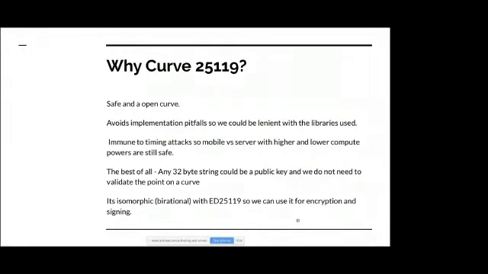And each of these curves, the algorithms behind them, the quadratic equations behind them, are extremely different in nature, and there are quite a lot of curves that are defined. This particular curve that we have selected, 25519, has some very unique and interesting properties, which suit the environment that we are working towards. One, it avoids implementation related pitfalls. Why are implementation related pitfalls so essential? Because in the past we have seen that when implementations are not accurate,